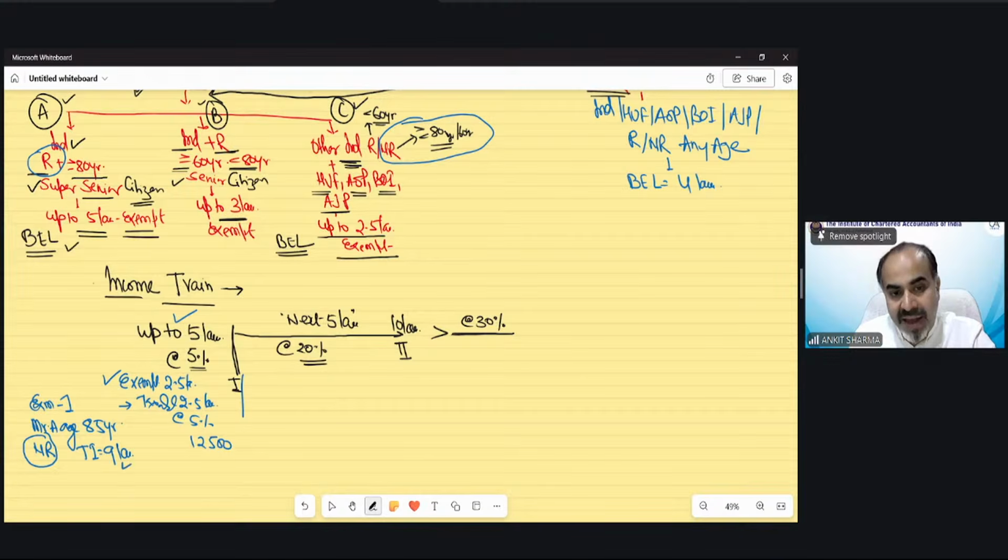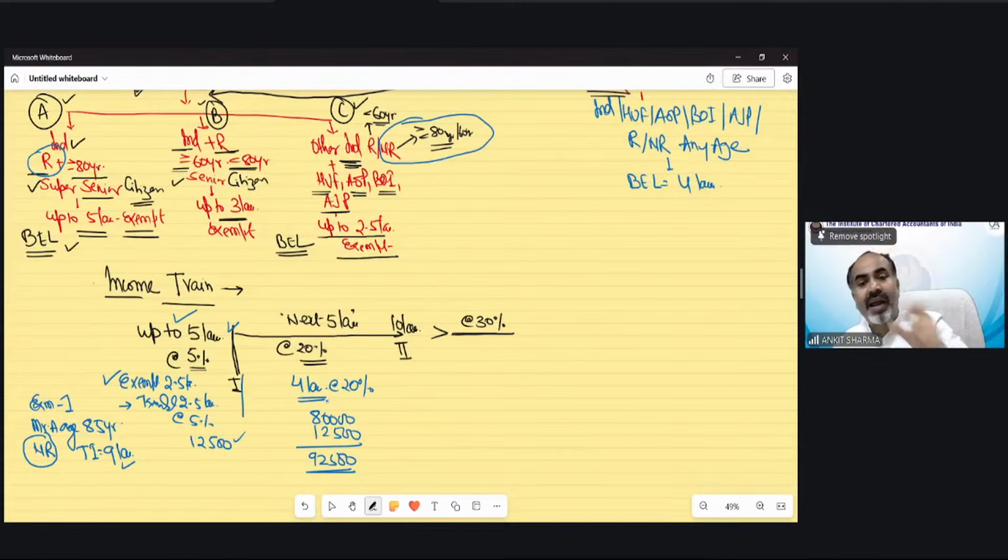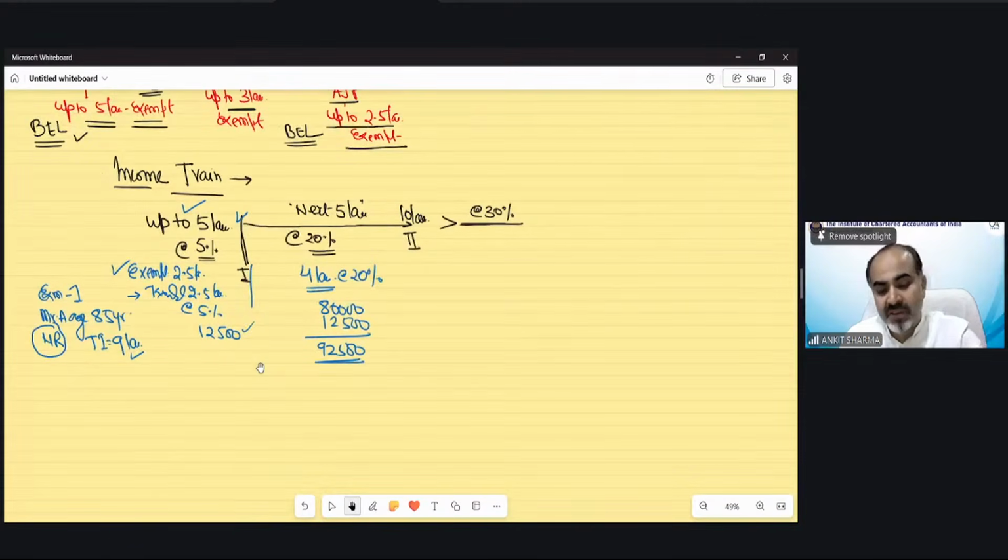Now out of 9 lakh, up to 5 lakh calculation we have done. Now the balance left is 4 lakh rupees, because up to 9 lakh rupees, 5 lakh has been calculated. For the remaining 4 lakh, the rate of tax would now be 20%. So tax would be 80,000. Now 80,000 and this 12,500 rupees would be 92,500 rupees. So that is the tax. The basic idea is to firstly find out which category of person you are calculating tax for.